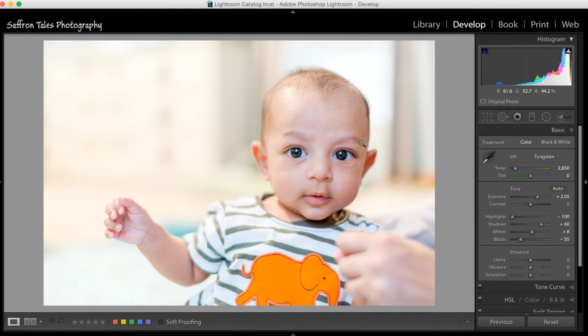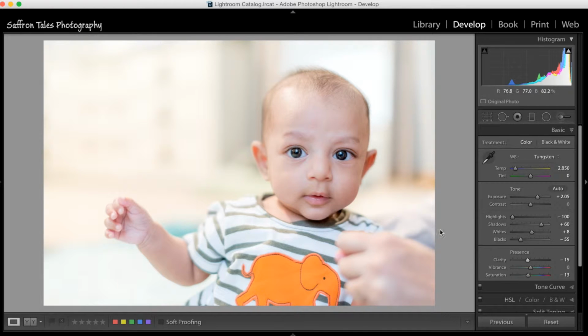But in any case, you can always create the perception of sharpness. To do that, we need to make sure that whatever else is not in focus is out of focus or a little blurry. And to do that, we reduce the clarity instead of boosting it. So let's just bring it down a little bit. Let's bring down the saturation a little bit as well, so that we don't see too much color, because